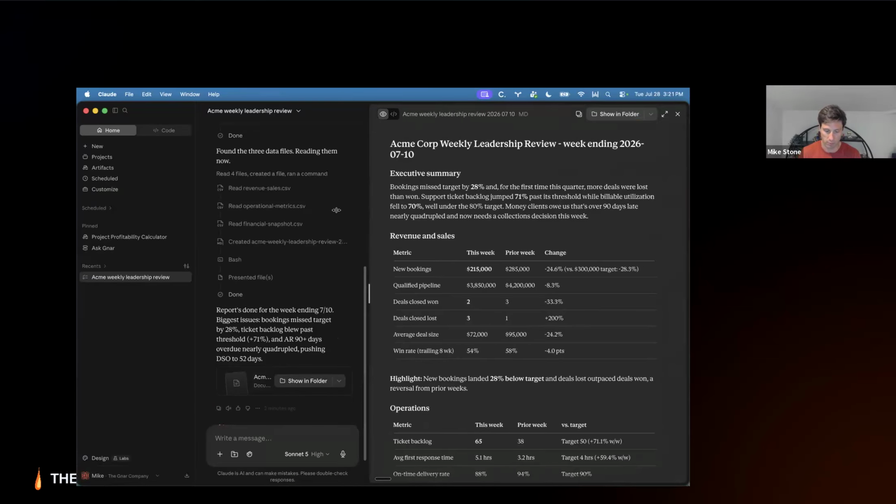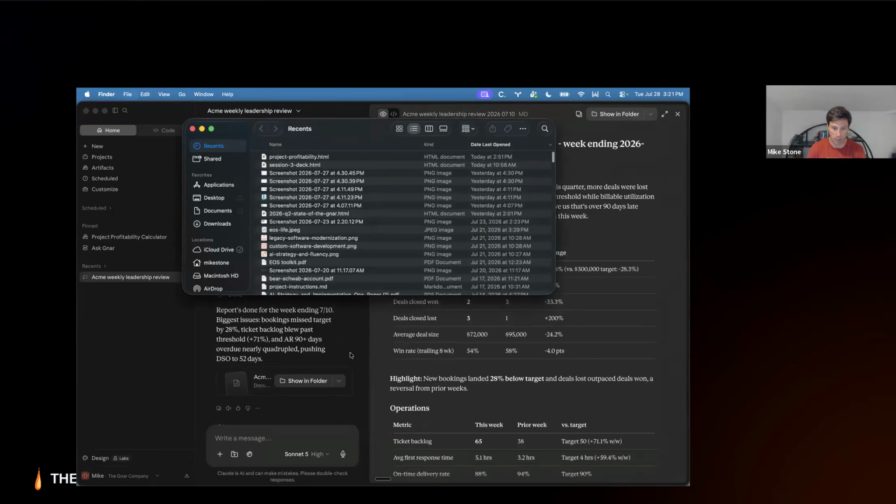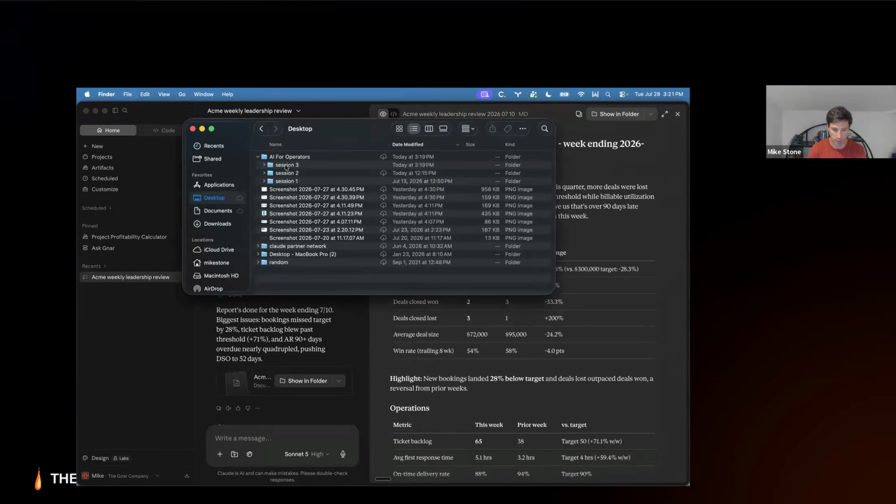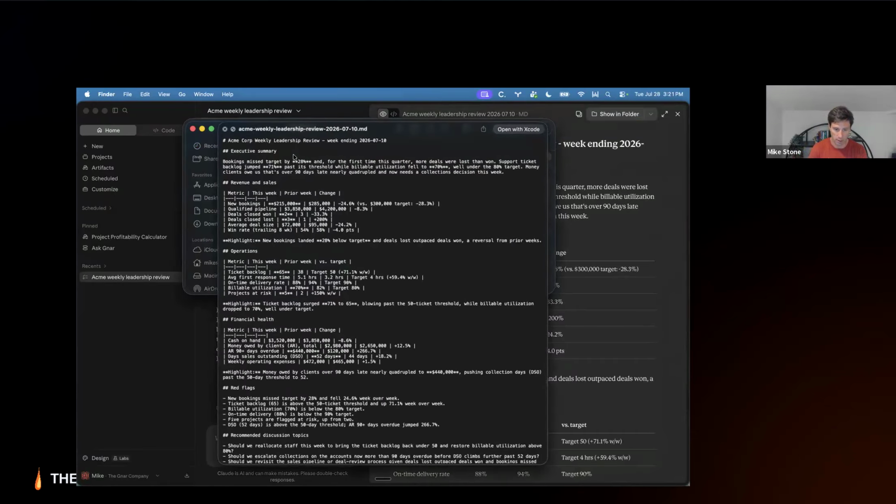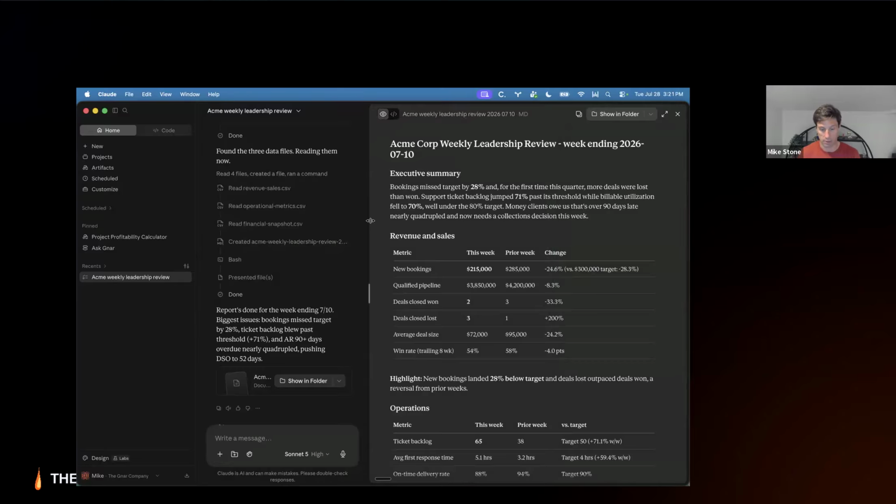So this is another example of an artifact. This also exists on my file system. So if I come into session 3 here, this is just markdown, this same document that I could put into like a Google Doc or wherever, or I could ask Claude to convert that to a Word doc if I wanted to. But we'll see that same report that we worked on last week outputted here.